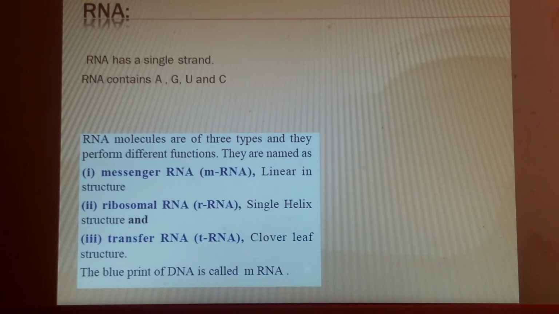So RNA molecules are of 3 types. They form and have different functions. Those are messenger RNA, ribosomal RNA, and transfer RNA. So messenger RNA is also called mRNA. Messenger RNA is nothing but the RNA which can pass the message from one cell to another cell, or from one site or organ to another organ. So wherever we require a message to be sent, this mRNA will be playing the role. So likewise ribosomal RNA.